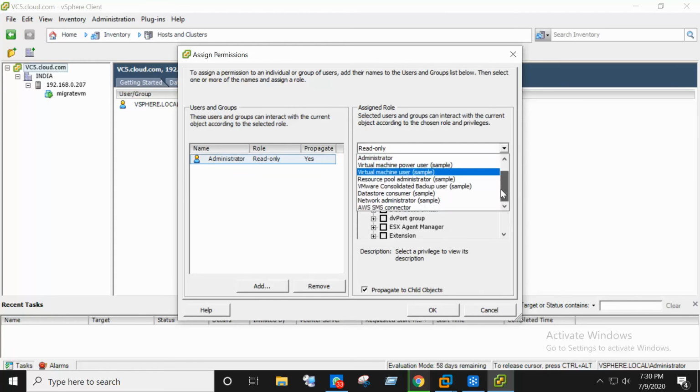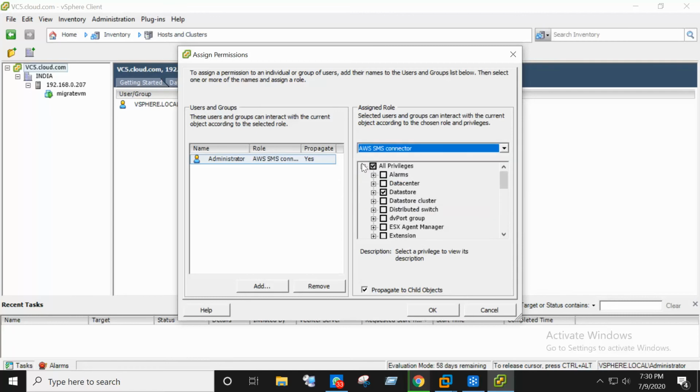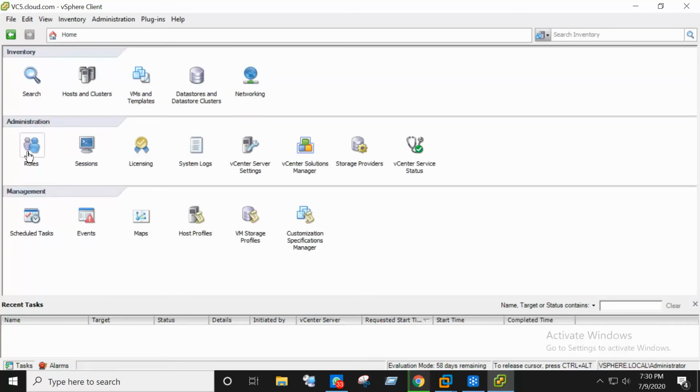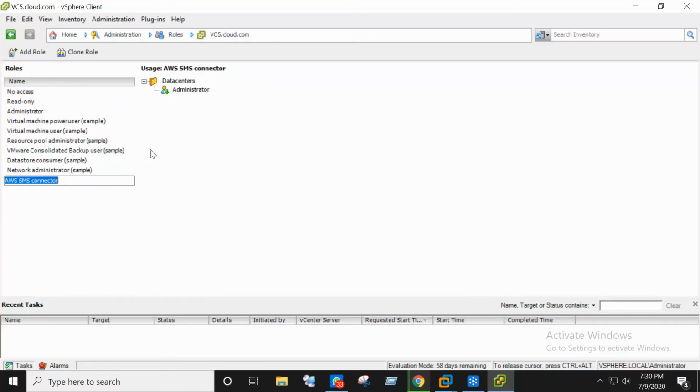So where is AWS SMS connector? I have selected it, click on OK. Now you can go to home, roles, connector. Now he is under data center. The username is administrator. He is a part of this role.